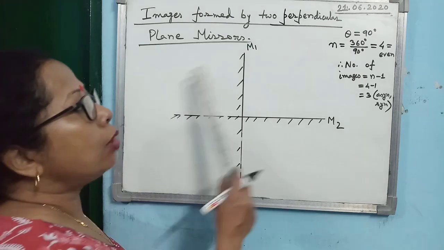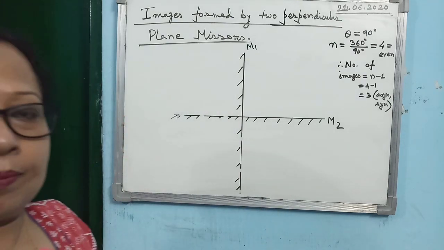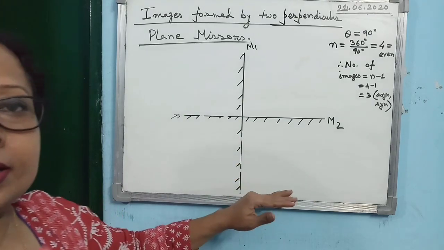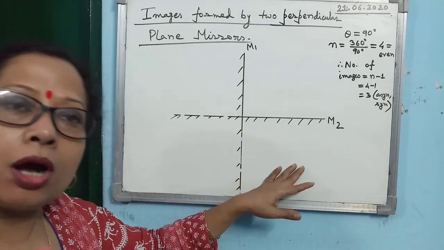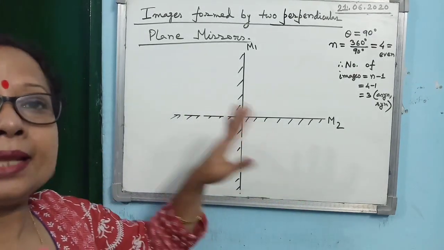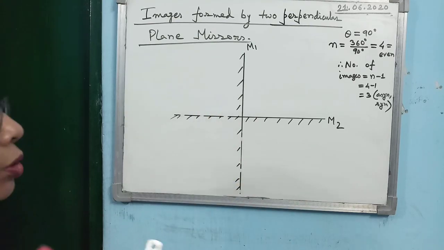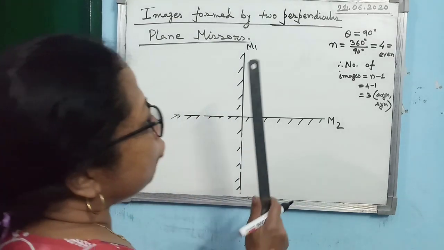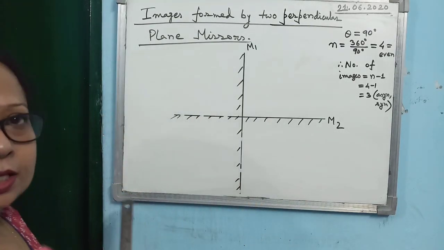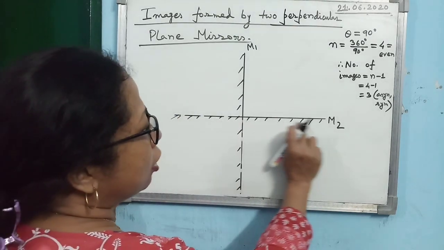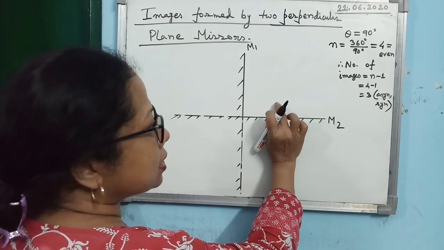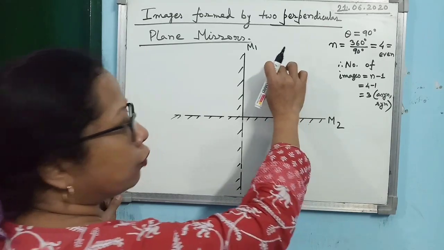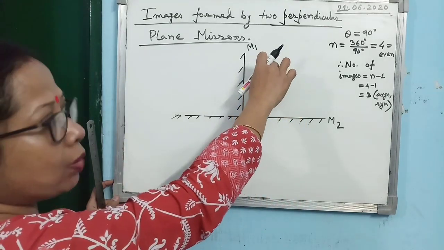Now, how to draw the image diagram? That is also very important, so you must learn how to draw. I am giving some tricks, and then you must practice it also. Here, how to locate the object is more important. You have drawn along one ruled line, then you just take 1, 2, 3, 4, the fourth line. Suppose you have taken one point.